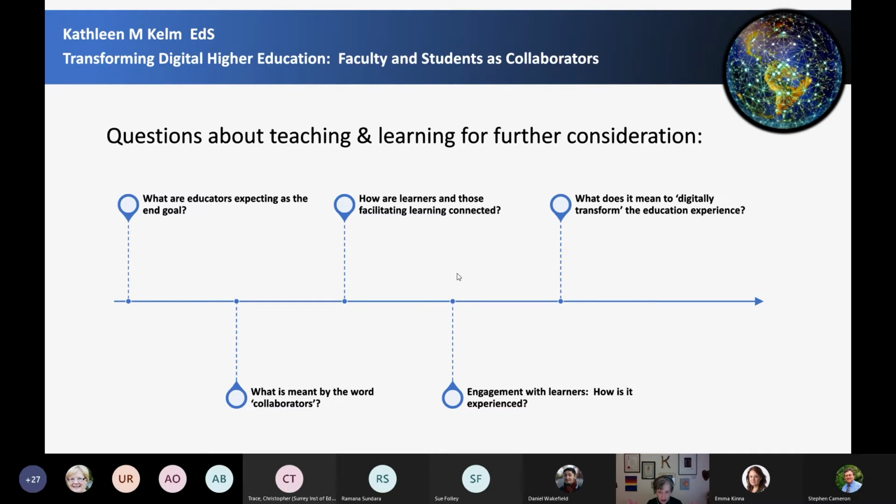The beauty of digital education and digitizing higher education is that the technology can be seen as a facilitator of learning in ways in which it hadn't been. So if we're going to be learning together, how do we foster a shared perspective, and is there a way in which digital transformation can help? When we talk about digitally transforming the educational experience, what are we really talking about?